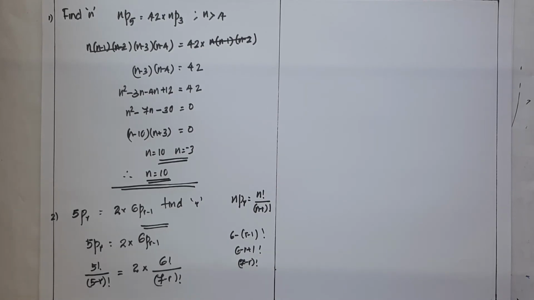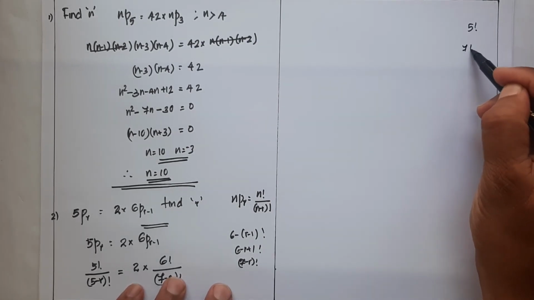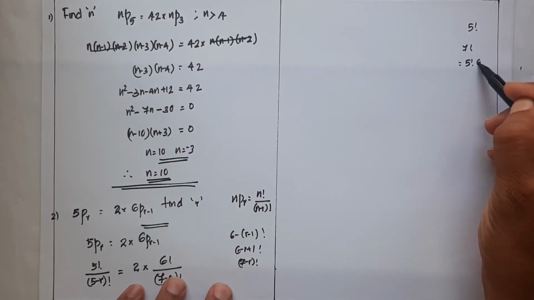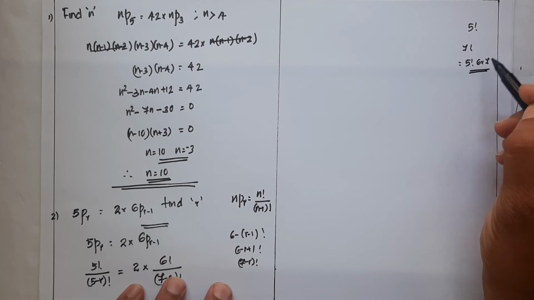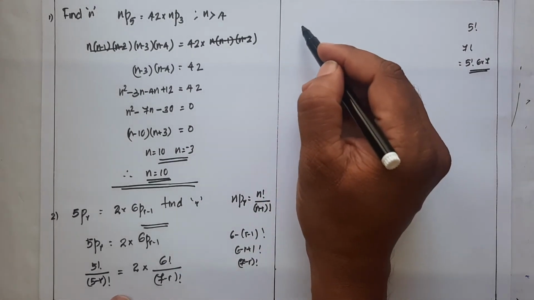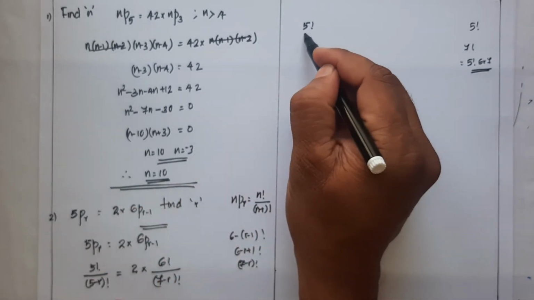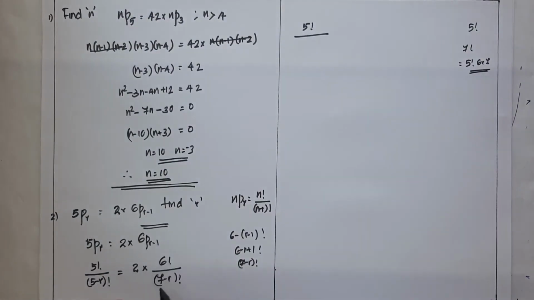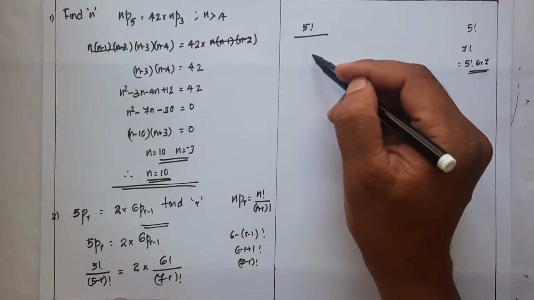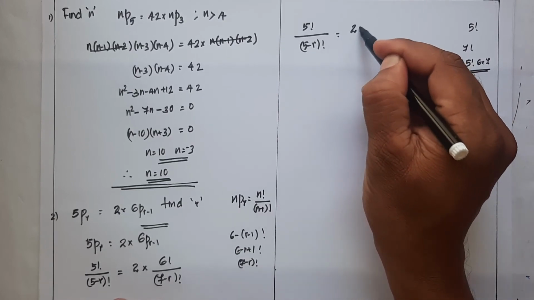Here the lower values, 5 minus r factorial and 7 minus r factorial, we fix the lower value and split the balance value. Because you know 5 factorial, there is no change. 7 factorial is written as 5 factorial into 6 into 7. So into 5 minus r factorial and 7 minus r factorial, the lower value 5 minus r factorial, there is no change. Lower digit without change, that is 5 factorial. 6 factorial, lower value 5 factorial, there is no change. 5 minus r factorial, there is no change, is equal to 2 into 6 factorial, which can be written